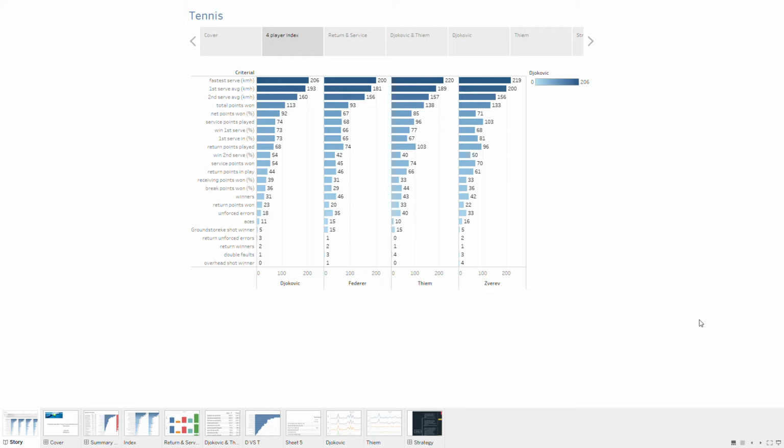First, let's take a look at some important criteria per each individual: Djokovic, Federer, Singh, and Zverev. Among all of these important indexes, we would like to point out three of them because we think those are the most important representatives of the competitiveness of a tennis player. The first is service percentage, receiving points 1%, and unforced errors.